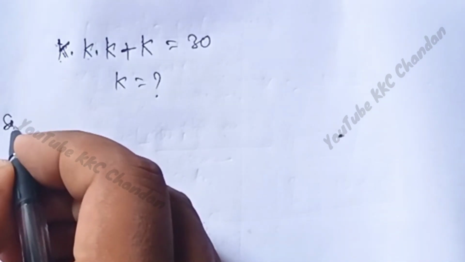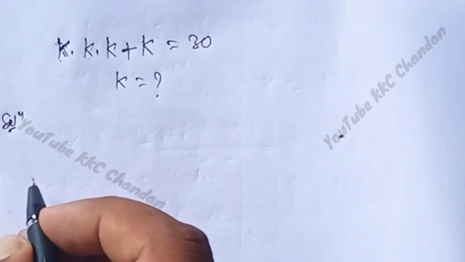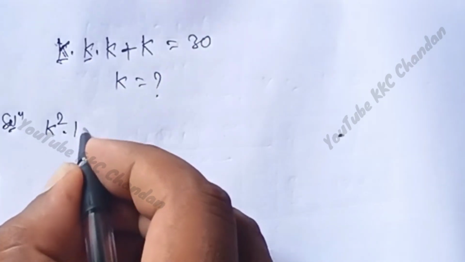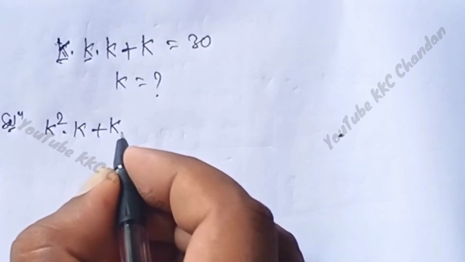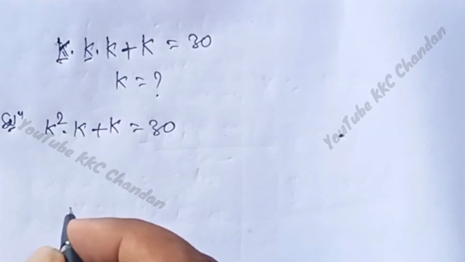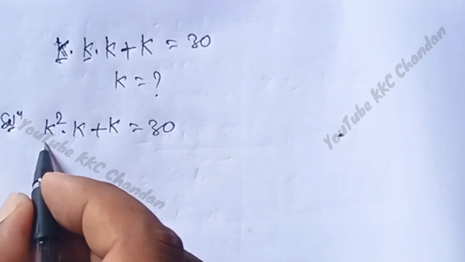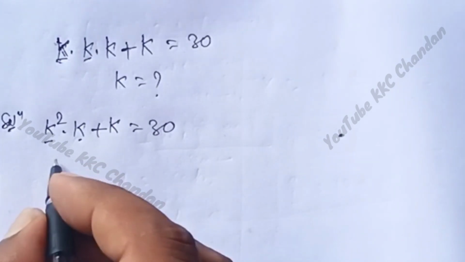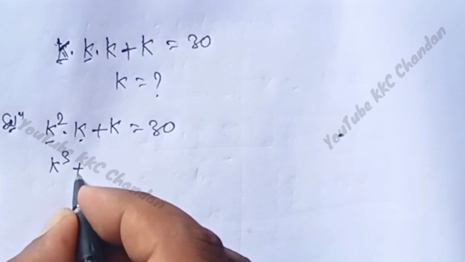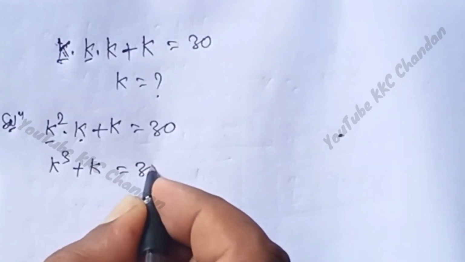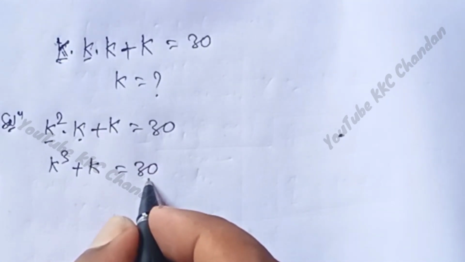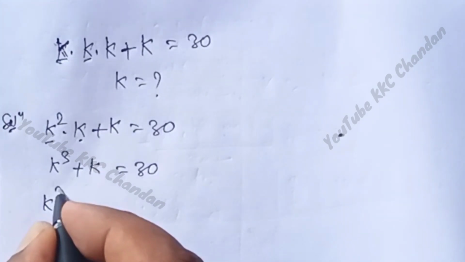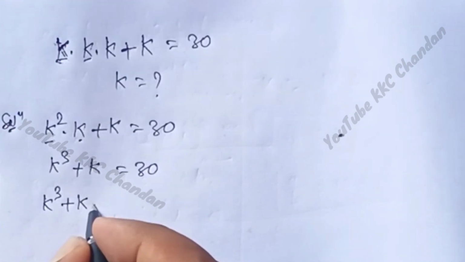First of all, solution. First of all, here k into k means k square into k plus k is equal to 30. After that, again k square multiplied with k means k cube plus k is equal to 30. See here, 30 is positive on this side, so it comes to this side negative. So k cube plus k minus 30